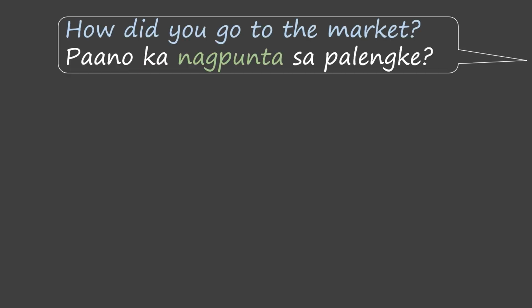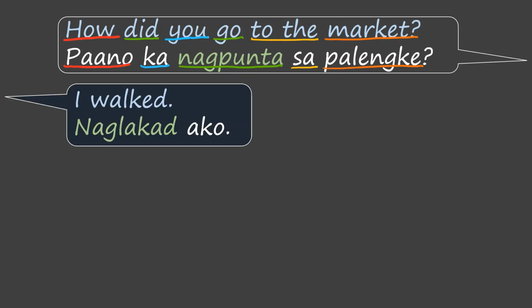Let us start with a question. How did you go to the market? Paano ka nagpunta sa palengke? How, paano. Did go, nagpunta. You, ka. To the, sa. Market, palengke. I walked. Naglakad ako. I, ako. Walked, naglakad. Now, both the verbs nagpunta and naglakad are forms of verbs that we have already learned